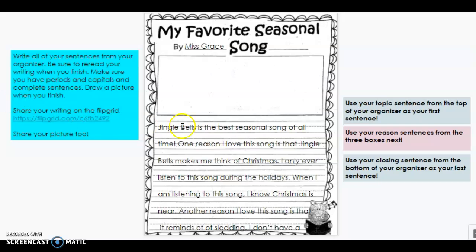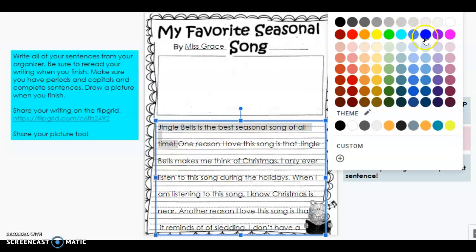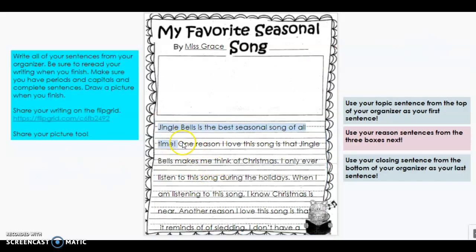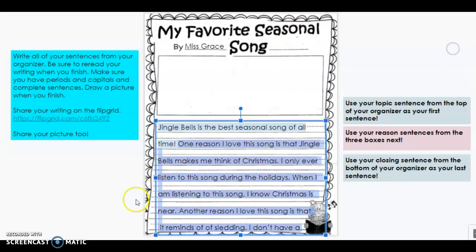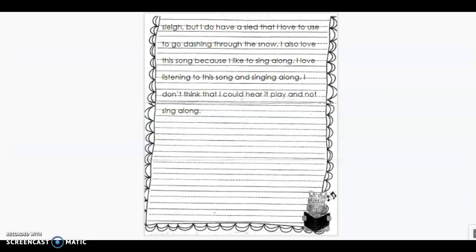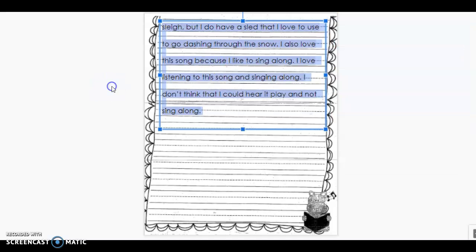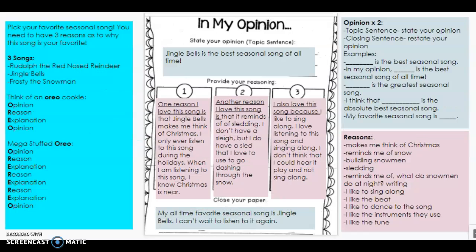So now I have my opinion sentence to start. That's blue. I have all of my purple reasons here. I'm just color coordinating it for you to see for a minute. I have all my purpley pinky reasons. Now what do I need next? What comes last? What do we think? Let's go back to our planning page. Last is our closing sentence. Nice. So we need to restate our opinion and put that at the end.